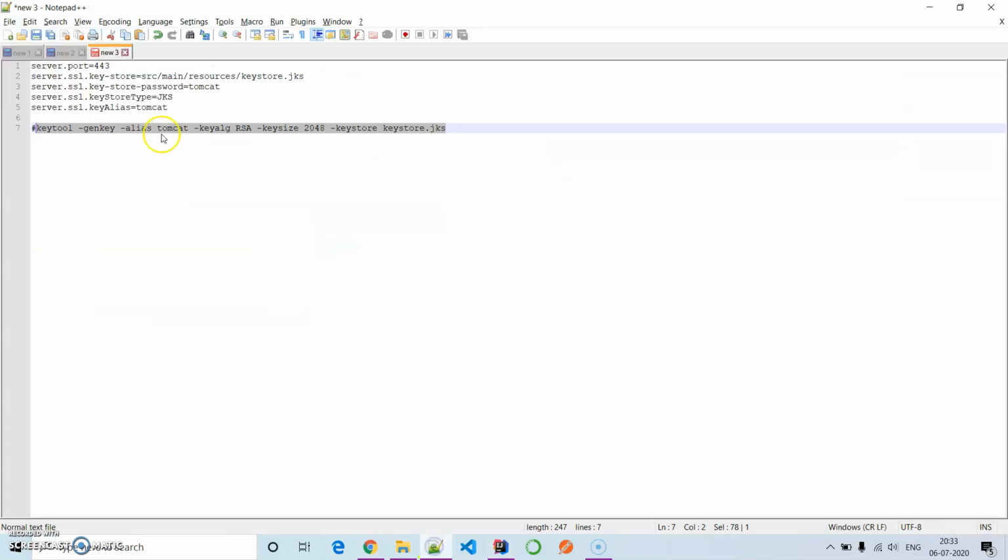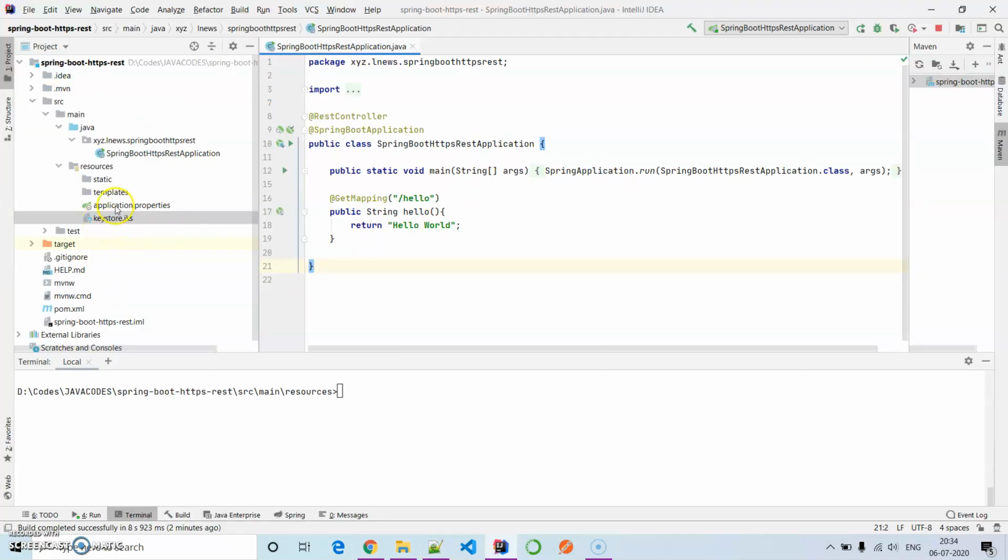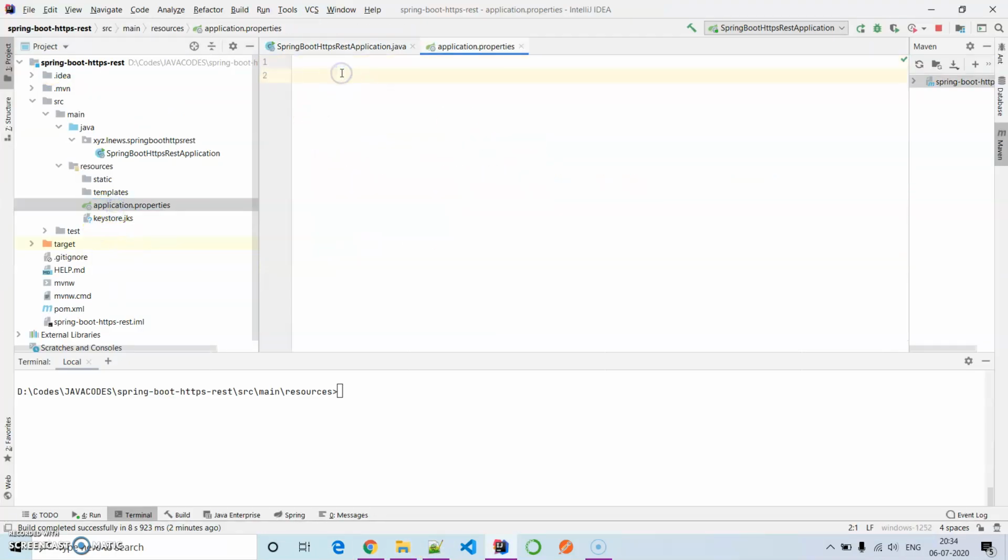We have created the certificate. Next, we are going to add this into the application.properties file. Here I have added server port 443, the location of the keystore, the password of the keystore, the type, whether it's PKCS12 or JKS, and the alias of the keystore.